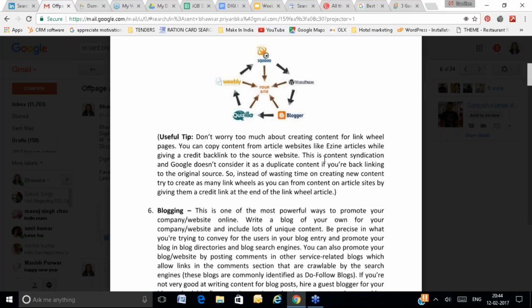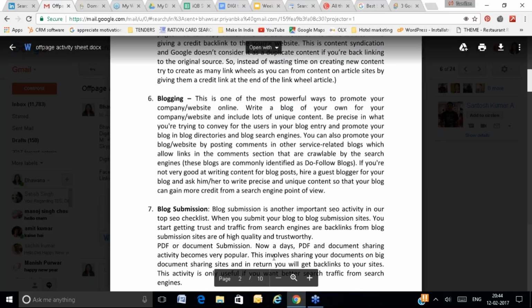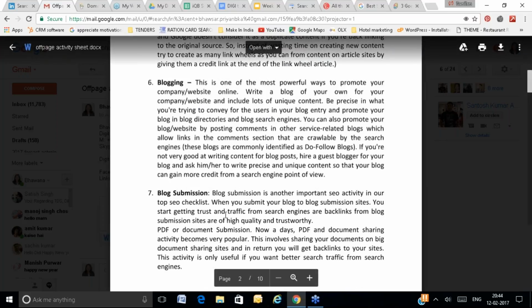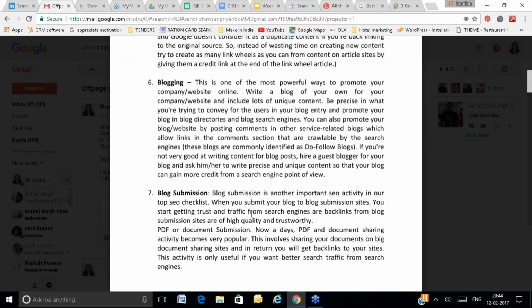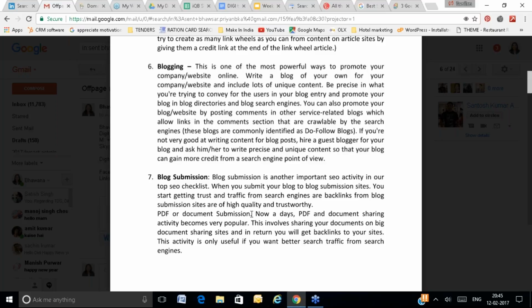So this is called blogging. Blog submissions: once you post the blog, you will go and submit your blog to blog submission websites. There are so many blog submission websites. Go to Google and find blog submission websites or blog directory websites, and you can submit your blog URL there.